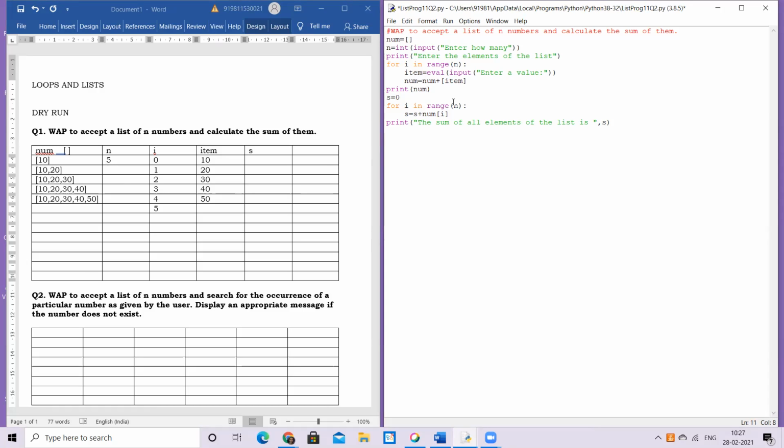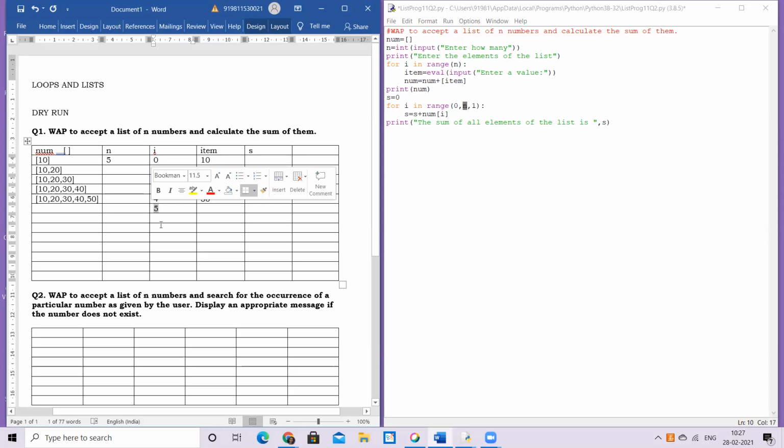Okay. So again, my loop starts with the same story, the way I accepted: for i in range n. And let me write it the way we are going to interpret it: 0 comma n comma 1. Because I expect you know that the stop value is the upper limit and it goes 1 less than the stop value. Hence it is working till 4. The moment it becomes 5, it's out. When it's 5, it is not going to enter the loop. 0, 1, 2, 3, 4. 5 times, but the values are varying from 0 to 4 when the loop is executing actually.